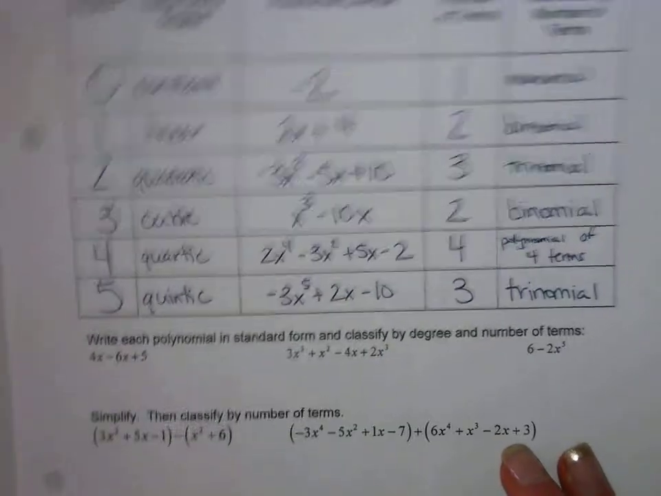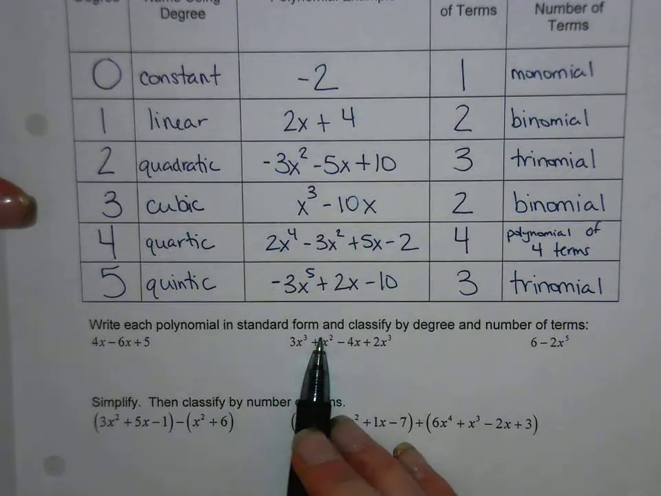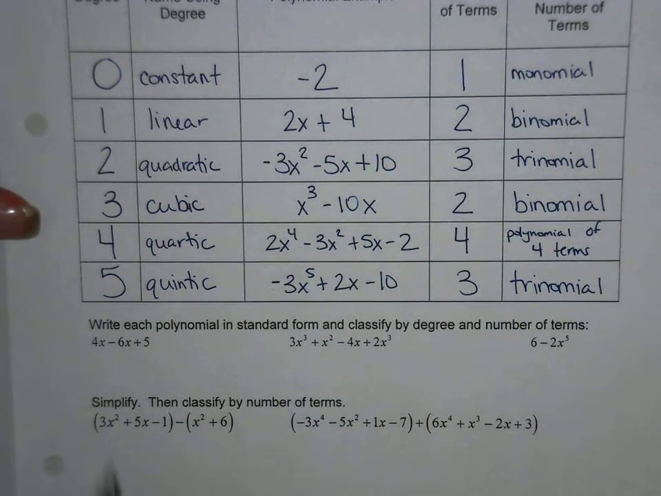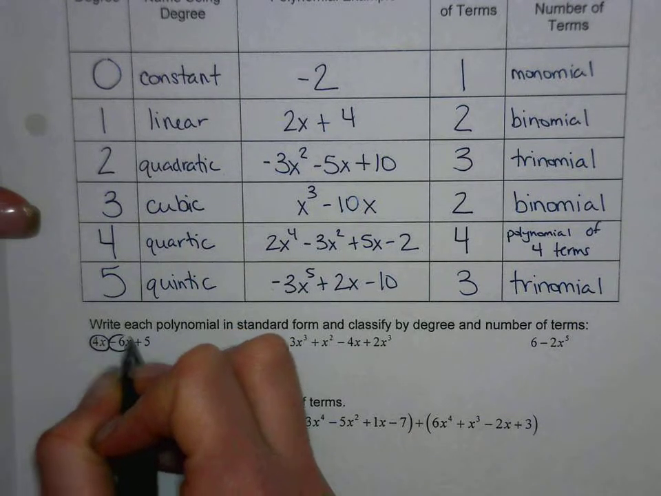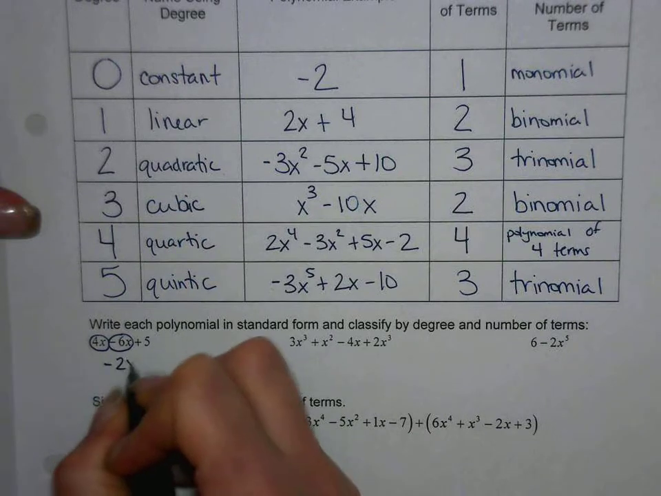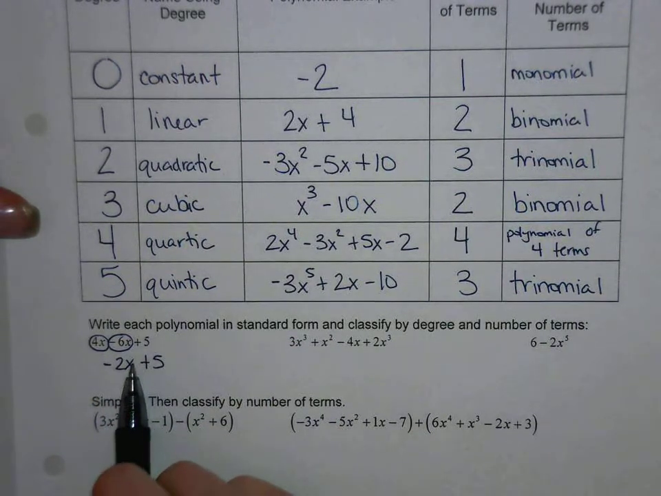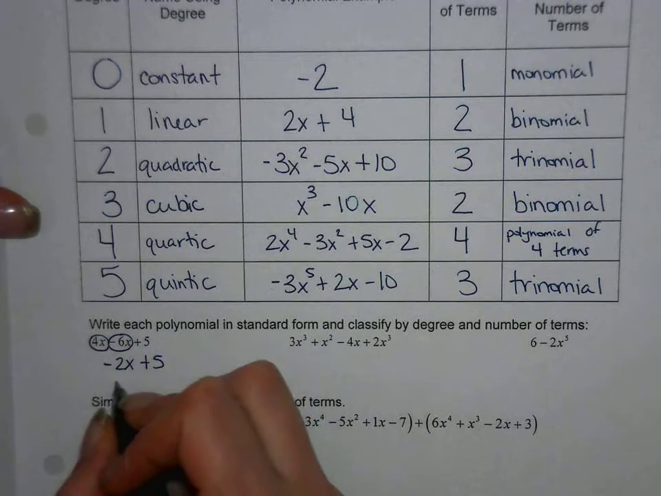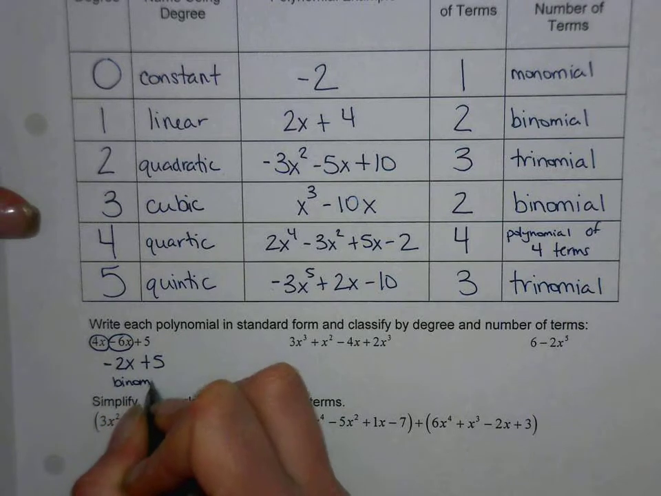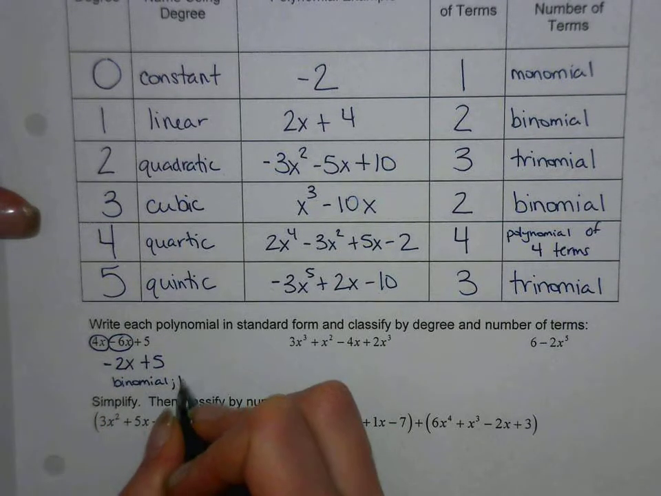So let's look at some example problems using what we just learned. So we're going to write each polynomial in standard form and classify by the degree and number of terms. So first we need to simplify. So we have a like term, so we have 4x - 6x. So that becomes -2x + 5. This is in standard form because we have a degree of 1 and then a degree of 0, so it's decreasing. We have 2 terms, so this is called a binomial. And our highest degree is that 1, so this is a linear